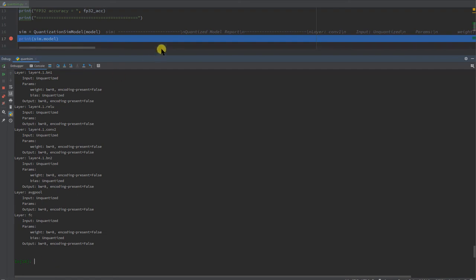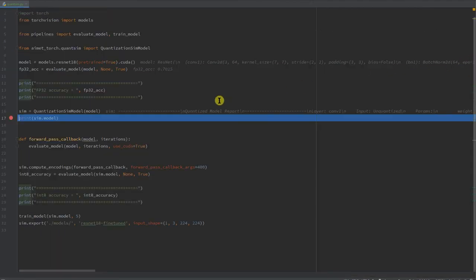So I think that was all I wanted to cover today. It's fairly simple to use this quantization sim model, and it gives you, in very simple steps, simulated accuracy for running on quantized hardware. So I hope you found this video useful,